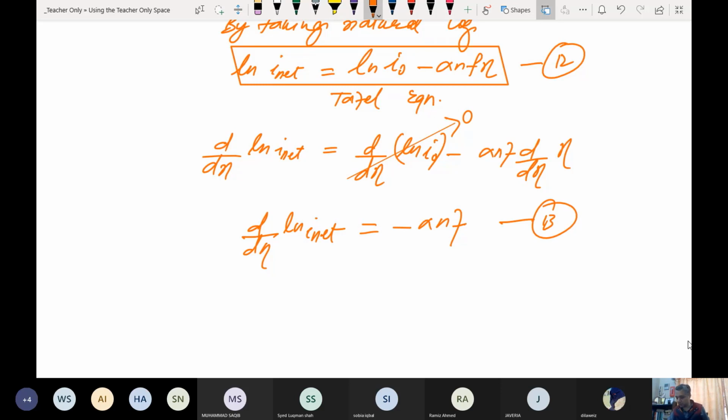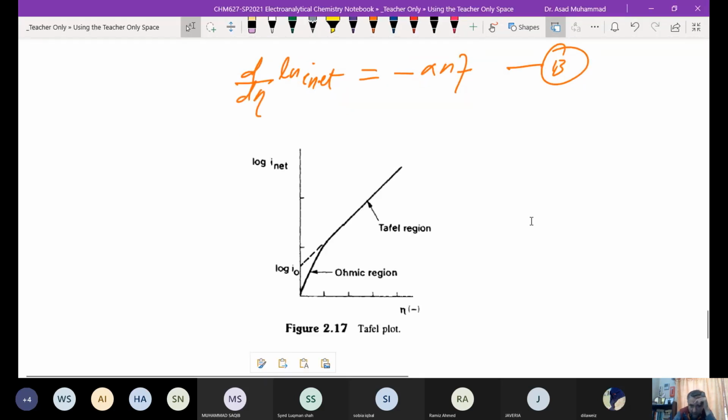So now you have this equation over here. This is the first derivative, and what we see is that if we have large amplitudes, then the current is logarithmically related to overpotential, and this can be seen in the figure that I will just show you. Let me get that figure for you first. Okay, this is here. So now here is the picture.